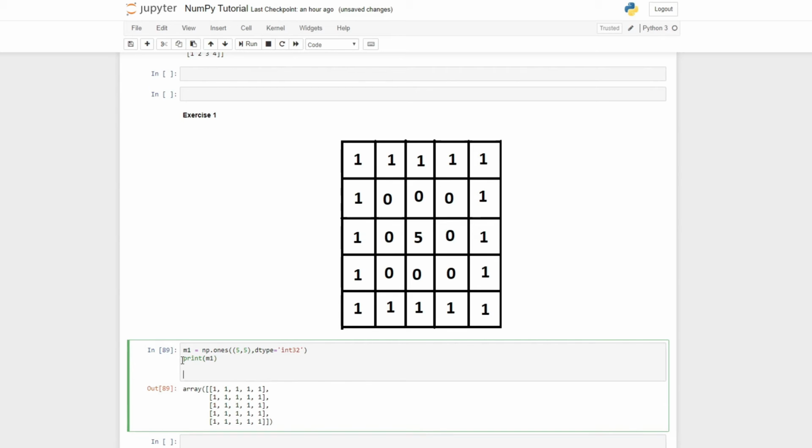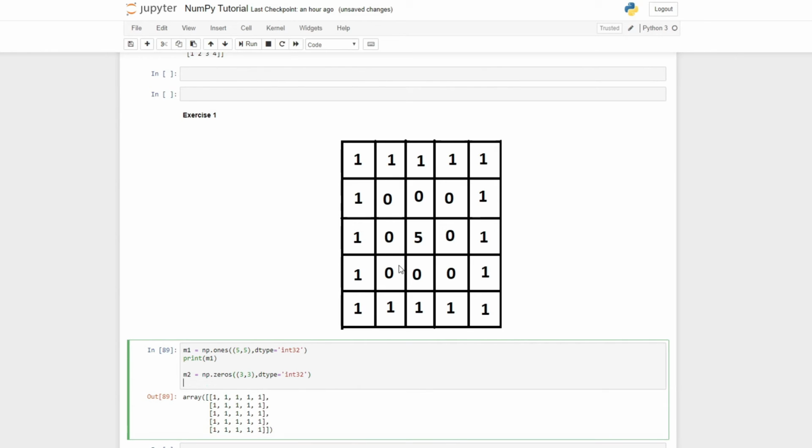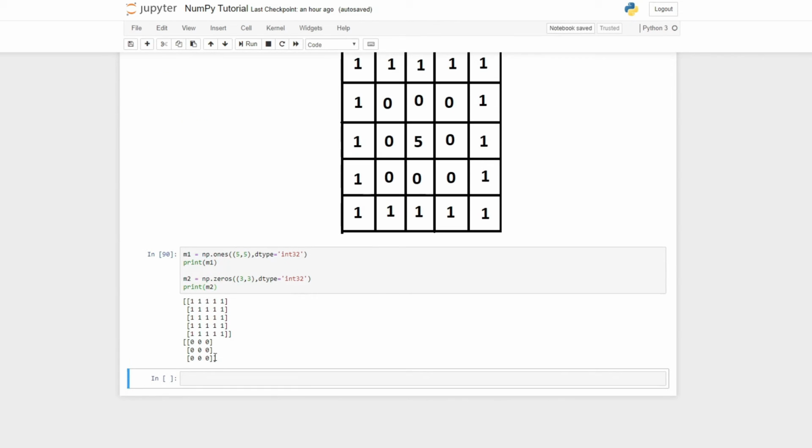Yeah, so now let's write the smaller matrix, that is the 3 by 3 matrix that contains all zeros. Okay, so you can see over here this is a 3 by 3 matrix and it contains zeros. So m2 is equal to np.zeros, and this is a 3 by 3 matrix, and the data type is also an integer, right? The dtype is equal to int32. So now let's just print m2. Yeah, so now you can see it is a 3 by 3 matrix